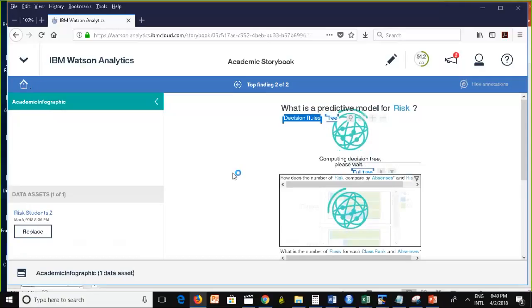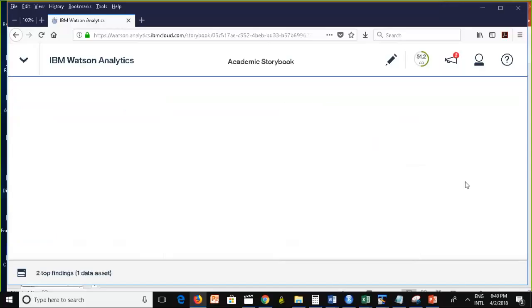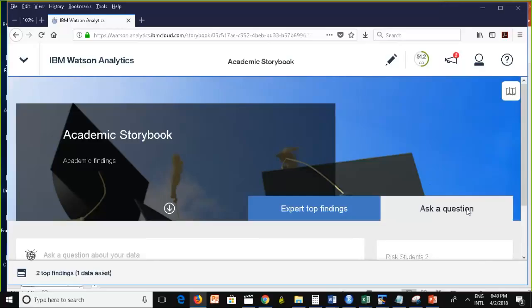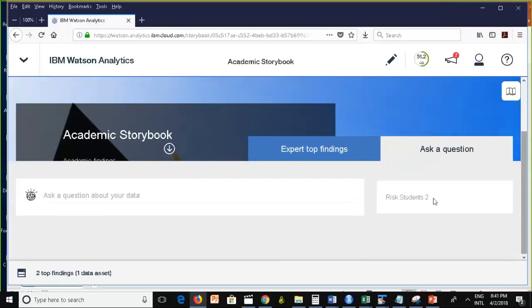Well, suppose that I used this data and I became familiar with the findings that you presented to me. I can click on this home page, and suppose that I want to learn more. I have an option to ask additional questions about my storybook. Well, I swear I'm not gonna do that, but this is something that could keep us up all night. I can do here, and I can type my question,